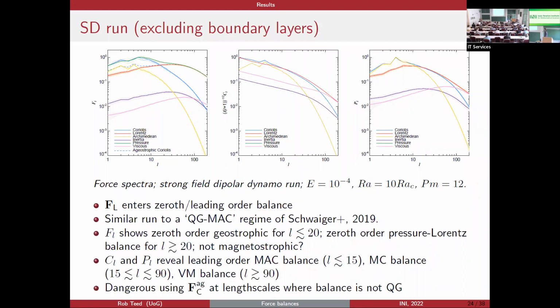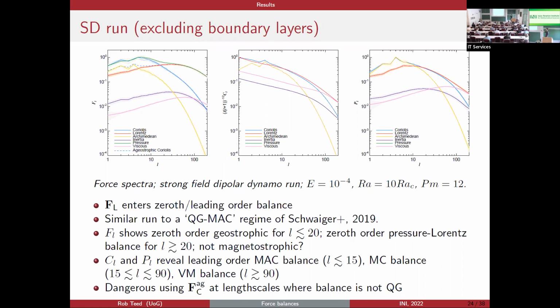Now, if you look at the curls and the projections, you find, well, now you've got a triple balance. You've got this Mach balance. You can kind of see this here in the secondary balance, okay? But it comes out really clearly here, and to a certain extent in the projection as well. You have this Mach balance, then the buoyancy falls away, you've got a sort of MC balance for a range of intermediary length scales, and then right down here, you end up with viscous and Lorentz force balancing each other. Again, we need viscosity to come into the balance somewhere for dissipation, and this is completely lost in the traditional forces. You don't see this; it just looks like